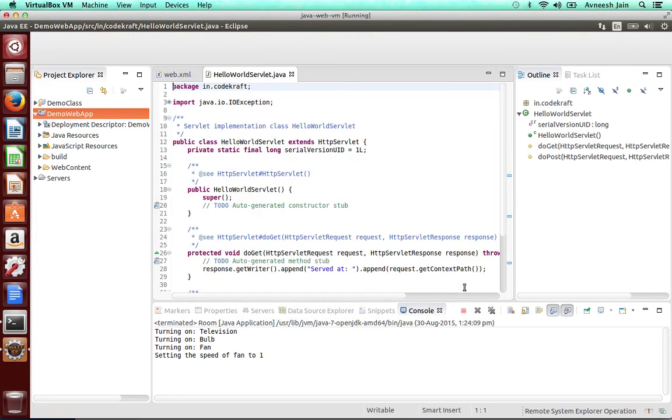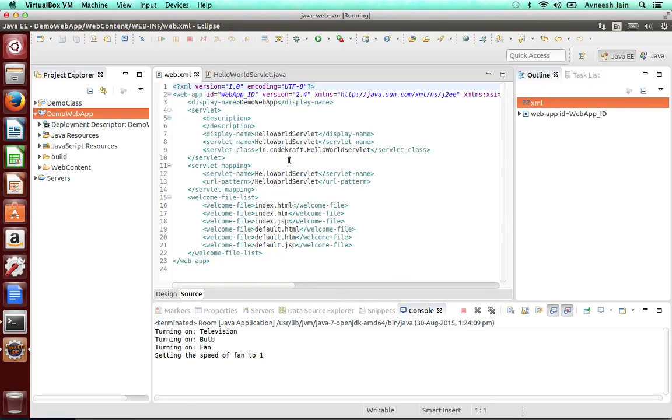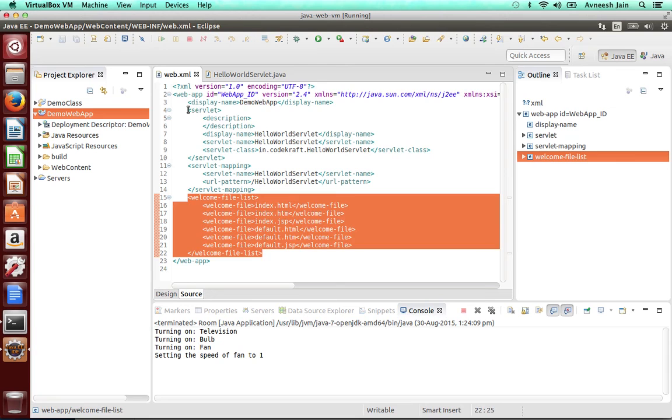So a few things happened. I don't know if you saw that behind that wizard there was something happening in web.xml. Let's see what happened in web.xml when you created a servlet. First thing inside web.xml, we defined this servlet. You remember earlier there was only this welcome file list. Now these two new things have been added